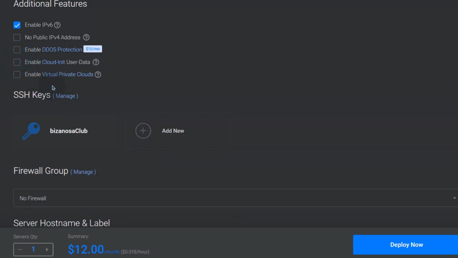And then virtual private clouds. Let's say you want to deploy multiple servers and you want them to talk to each other, you can enable virtual private clouds. This is just networking within the servers that you will deploy. If you're going to deploy multiple servers, you can enable that, but I don't need this feature,